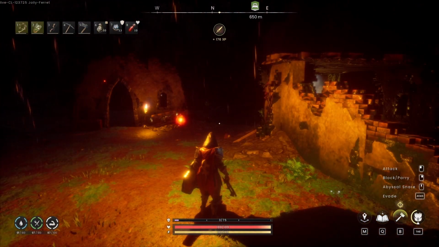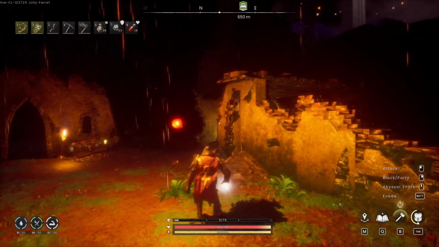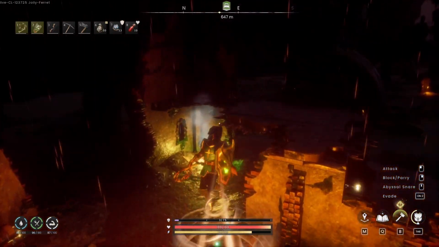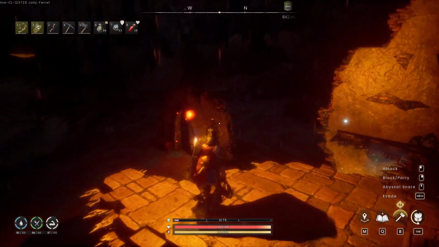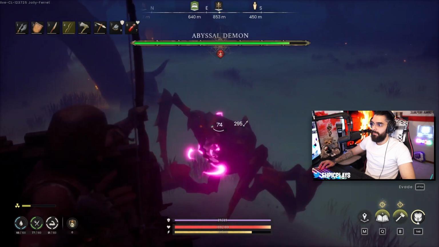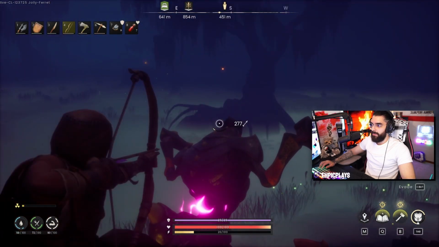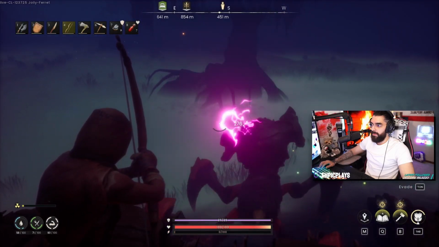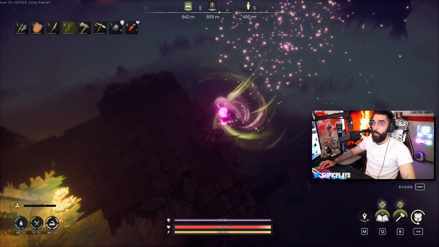Now, if you want to cheese it the way I did, basically you just have to get the high ground. The way I did it, I just jumped up here on this little broken up building, and then the Abyssal Demon cannot attack you. So you'll be able to use your bow and shoot down on him from up here. Now, once you defeat the Abyssal Demon, he will drop the mats required in order to build the Abyssal Whip